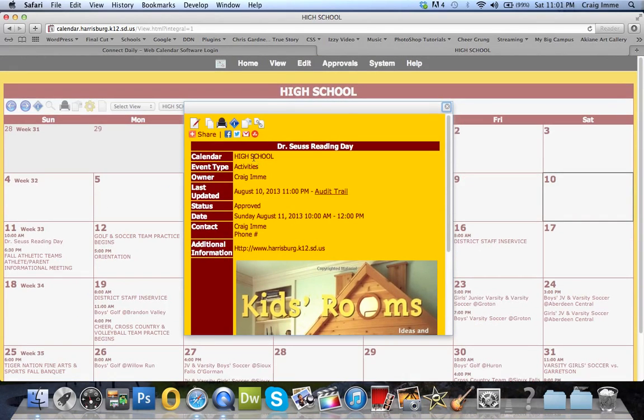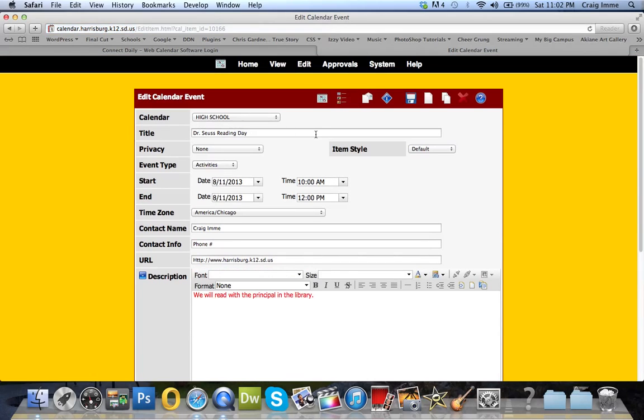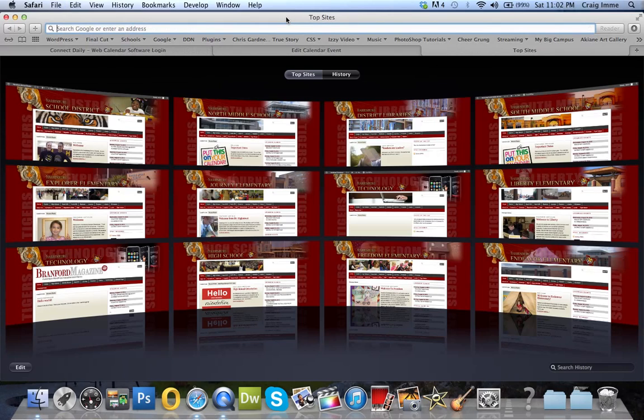Again, if you wish to edit this, you're like, oh, I made a mistake. Up here on the left-hand side, it's got this edit event. Go ahead and click on it. Again, you can make your changes, or again, you have that red X up there that you can click to delete it if you so choose. Now, the fun thing about this is I'm going to hit Command T for a new tab right now. I'm going to go out to the high school,